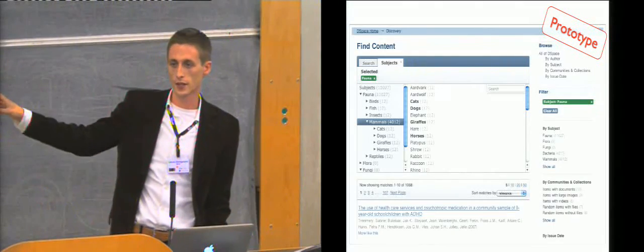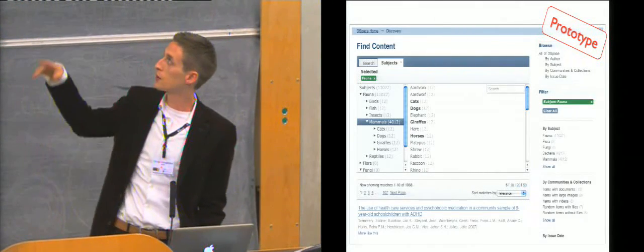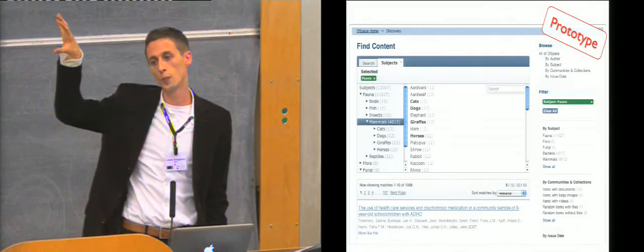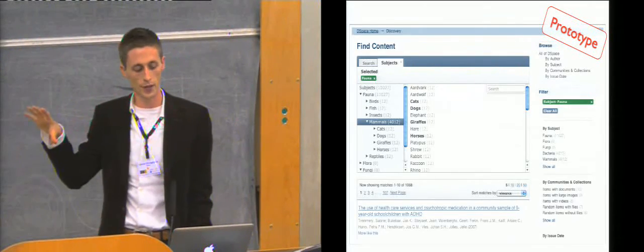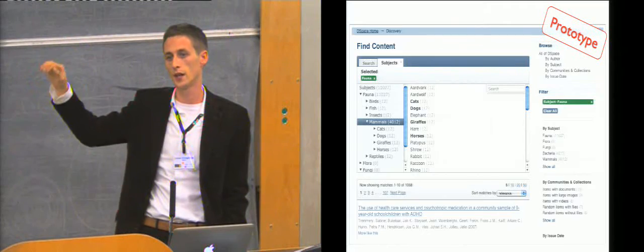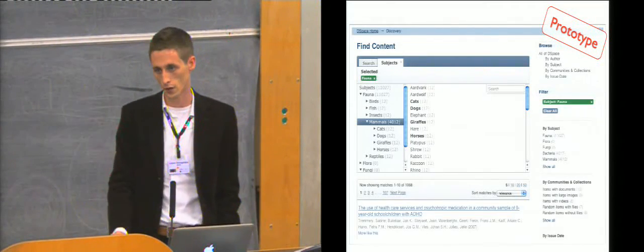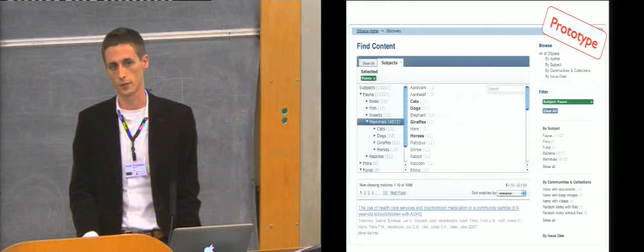On the right-hand side, you still see the facets and the topics, but then when you click on Show All, it will actually open up a tab on the top of the page that will show you all the topics in a hierarchical way, and you can click and filter on any topic in the hierarchy and include all the subtopics.